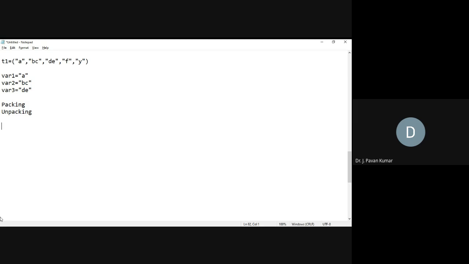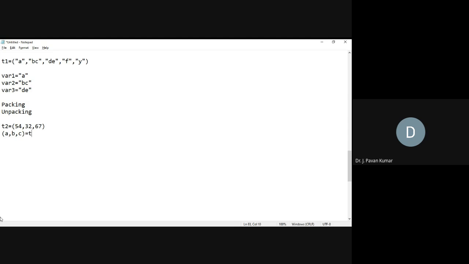So let us consider T2 is a tuple where we have some values which are packed. Let us say 54, 32, 67 are the elements in the tuple. So T2 is a tuple definitely. Now from this T2 we have to get individual elements into individual variables. Let us say variable names as A, B, C. A is one, B is another one, C is another one. We have three values. So from where we have to get A, B, C values? From T2, sir.